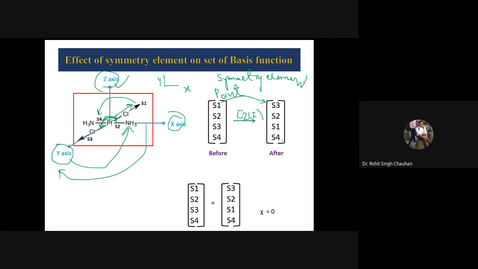Very simple. What you are supposed to do is write in a bracket all the bond lengths which you have assigned at your end. I have assigned them as S1, S2, S3, S4. See, some people may be confused that if the molecule is rotated along the Z axis, then if this happened, this would also become like this. No, that is wrong. That can happen only when you rotate along the Y axis. Actually the molecule is like this, understand it.